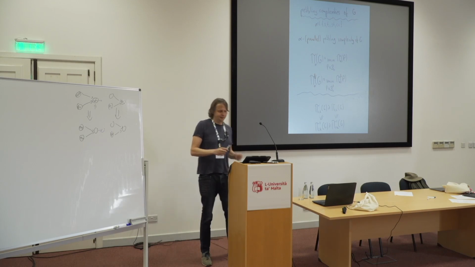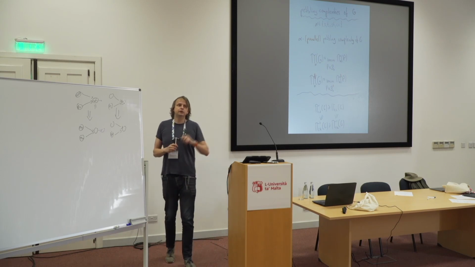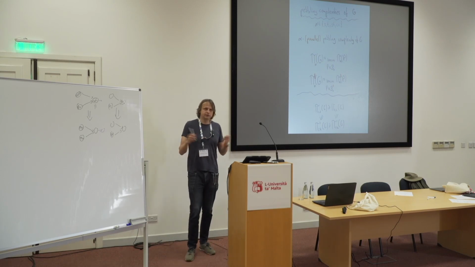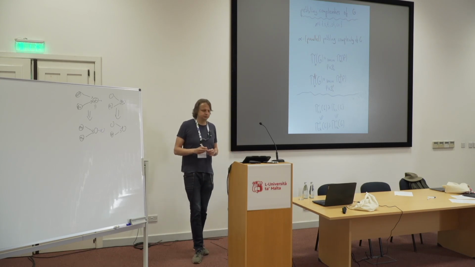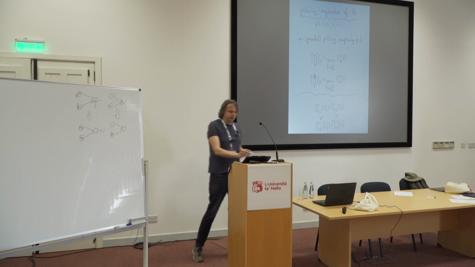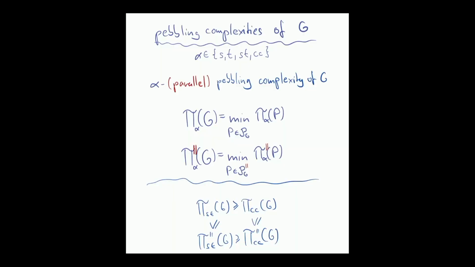Thank you. Okay, but now that we have defined the complexities of particular pebbling sequences, we can start defining the complexity of a graph, and this is ultimately what we will care about. So let alpha be any of those notions that we had, space-time or cumulative, and then we can say that there is